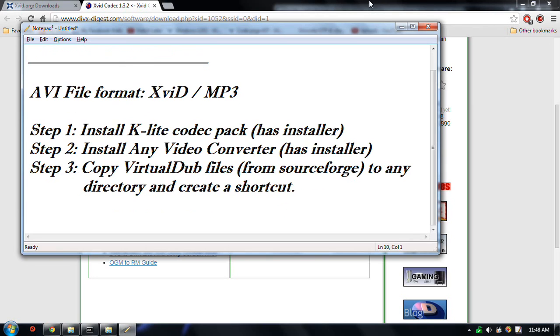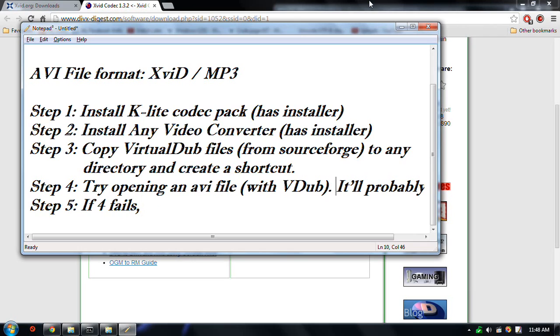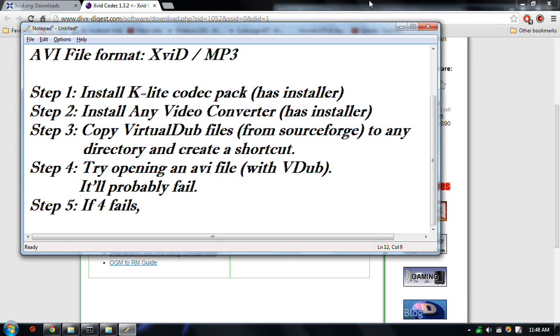You could try opening up an AVI file. You may be okay. You may already have some of these things installed and you didn't know it. You will probably fail, bro. Step 5. If 4 fails, this was with VirtualDub. If 4 fails, and it probably will,